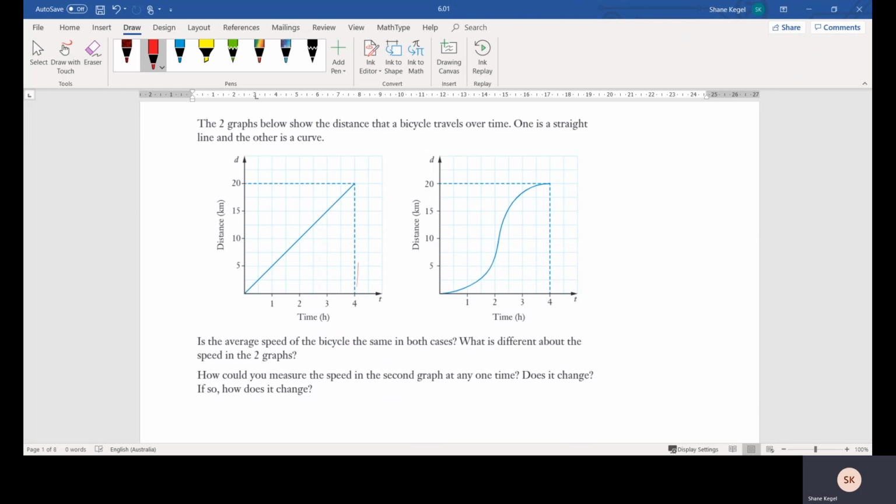But the difference is that the speed in the graph on the left, if we took different triangles, is always constant. So when we're looking at a straight line, our gradient is always constant. But when we're looking at this curved line over here, our gradient, or our speed at which it increases, always changes. So in this case, we're starting off very slow. We then get quite quick, or the gradient increases around the 2-hour mark, and then it tapers off again towards the end. So we're asked